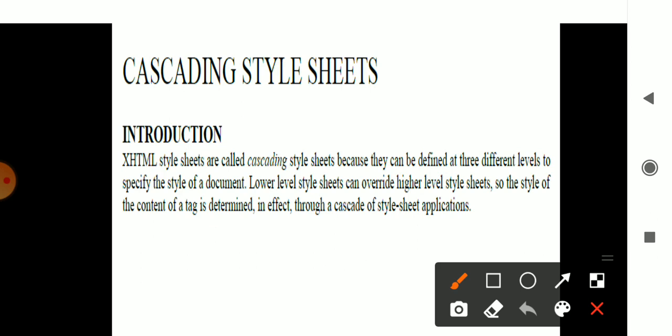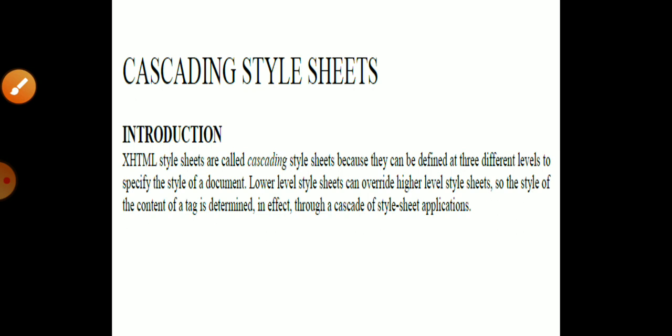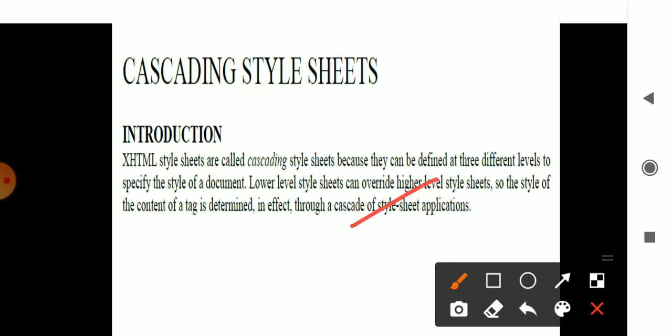Okay, cascading style sheets are of three different types. From the lower level to higher level it will be considered. These cascading style types are applied to the content which is being used within the document. Remember, cascading style sheets is nothing but making your document look in a different way, in a different aspect. It changes the effect of the body. Even the color of that particular font can be changed.